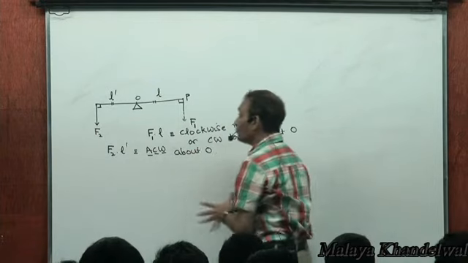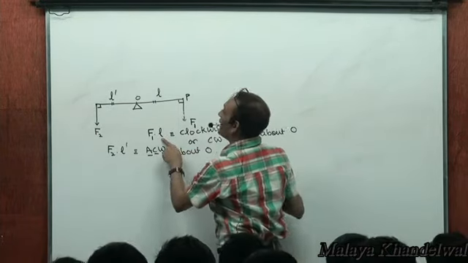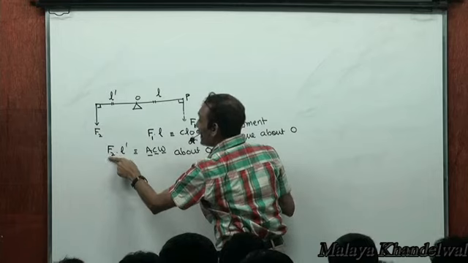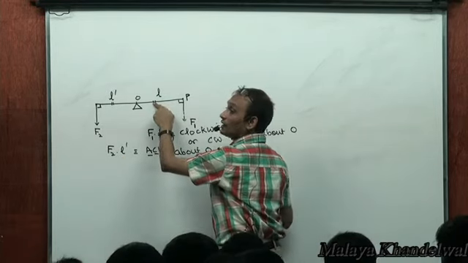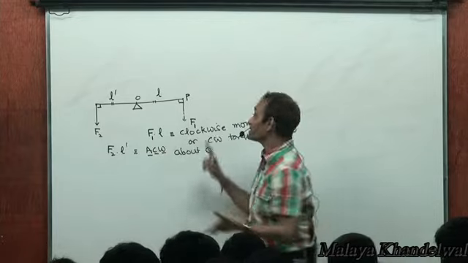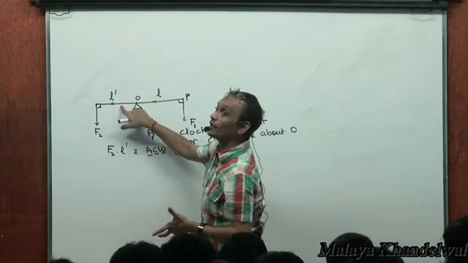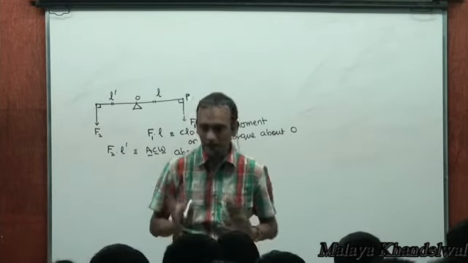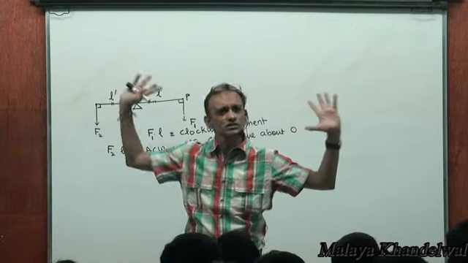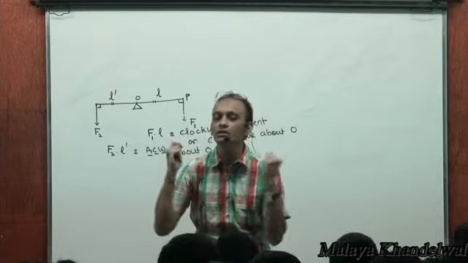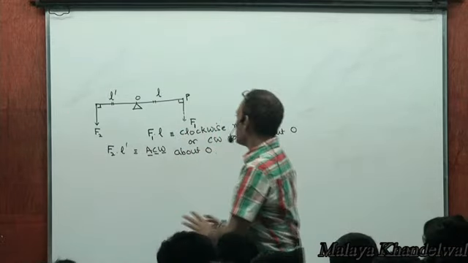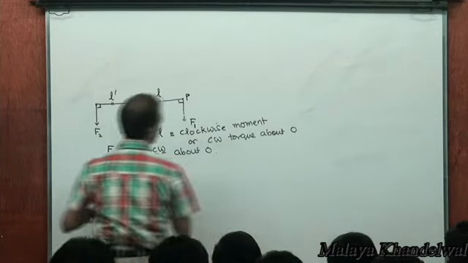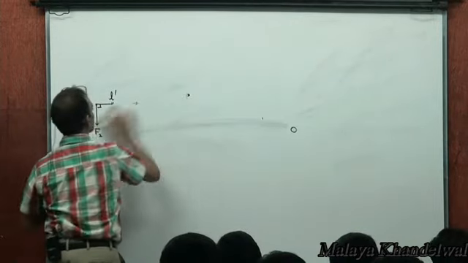Right? Now, if F1 into L is more than F2 into L prime, then the whole thing would want to rotate clockwise. If F2 into L prime is more than F1 into L, then it would want to rotate anti-clockwise. If F1 into L equals F2 into L prime, then we say that it would be in rotational equilibrium. Right? We'll talk more about it. There are a bunch of mysteries associated with it, but not for the time being. We'll keep it pending for discussion later. Now, once you understand this business of a moment or torque about a certain point produced by a force,